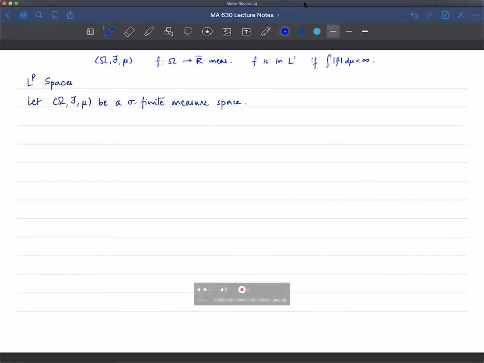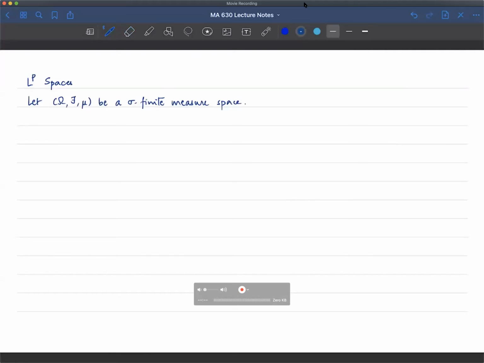So now we're going to generalize it from L1 to L^p. And basically the idea is that I will say that f is in L^p if the absolute value of f to the p is integrable. That's what I'm going to do. All right, so let's write that down nicely. I am erasing this, I know, but I'm going to write it all out nicely.